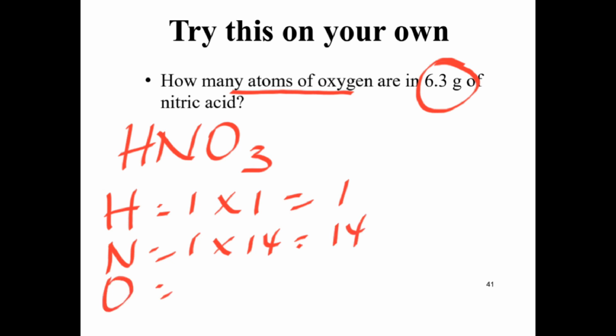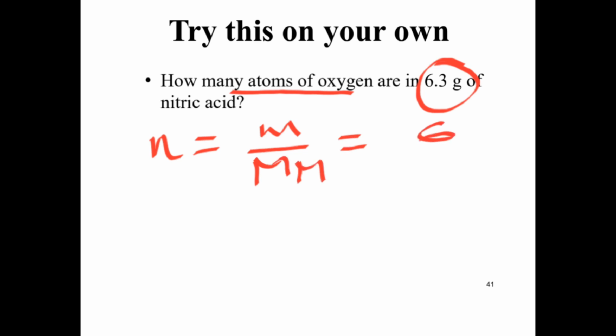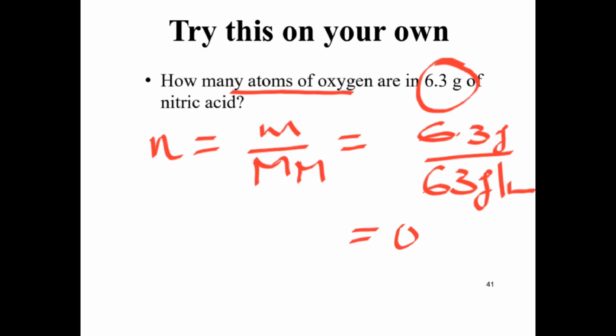ኦክሲጅን 3 ሞልስ ነው ያሉን times 16 48. ይሄን ስንደምረው 63 ግራም ይሆናል ማለት ነው። ሞል ማለት ማስ ኦቨር ሞላር ማስ ብለናል። ማሱ ስንት ነው? 6.3 ግራም። ሞላር ማሱ ቅድም ካልኩሌት ያደረግነው 63 ግራም ፐር ሞል። ስለዚህ ይሄ ማለት 0.1 ሞል ነው ማለት ነው።